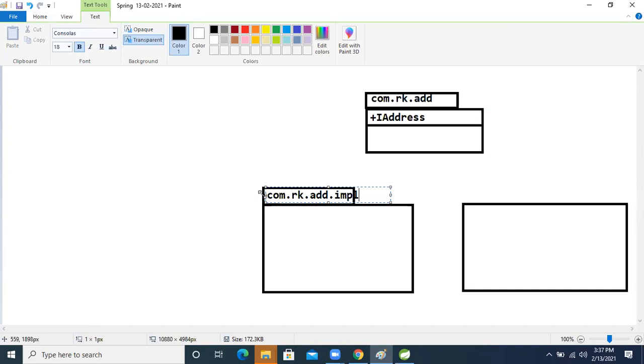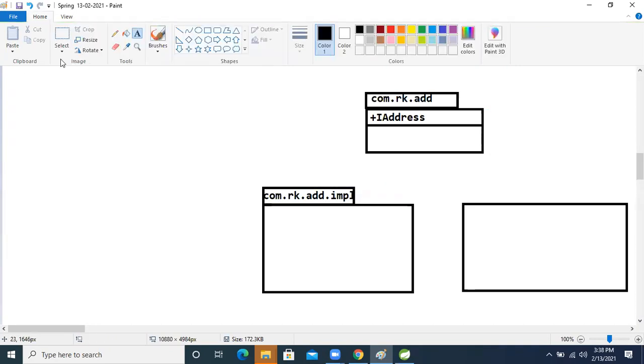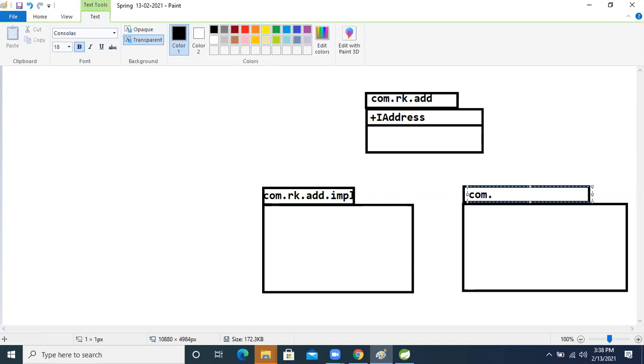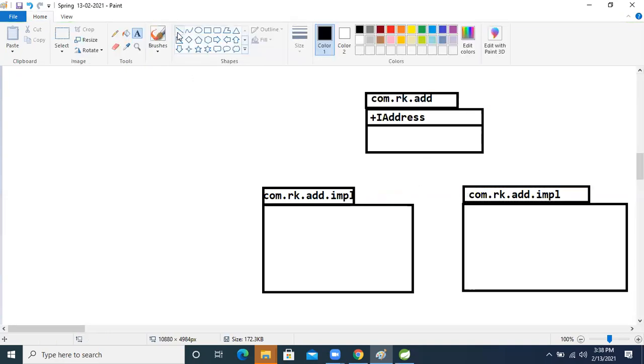This is the package name. The same way, I'm taking the implementation classes also in the same package name, com.rk.address.impl, right? So now we will establish between these two classes.